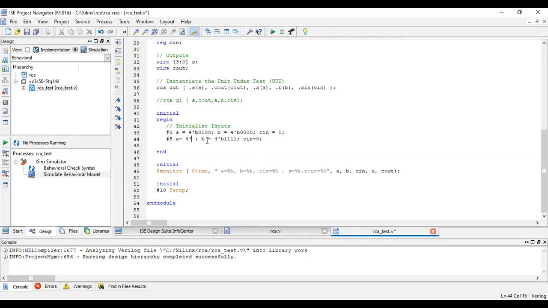So B should be percentage B, because of which there was an error. Let me give this as A is equal to 4 tick 1 1 1 1. Now what should be the result? Let us add and keep the result so that we can verify. A is equal to 1 1 1 1. B is equal to 1 1 1 1. So what should be the solution value?